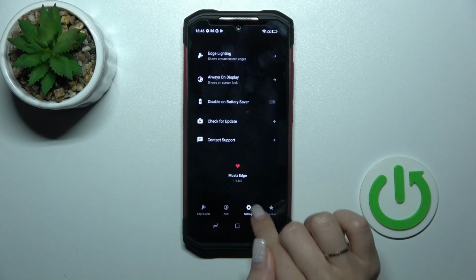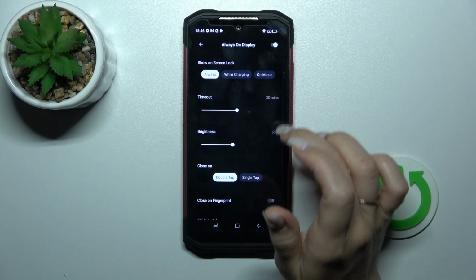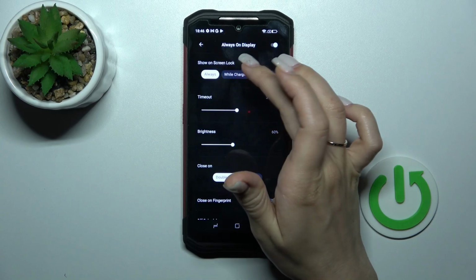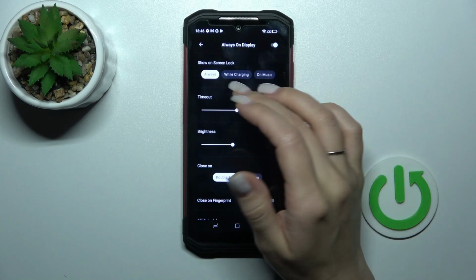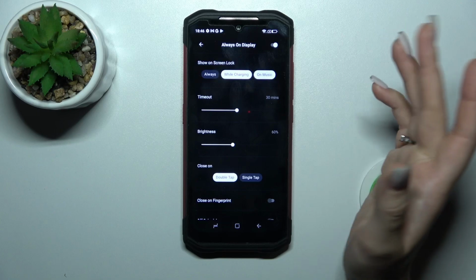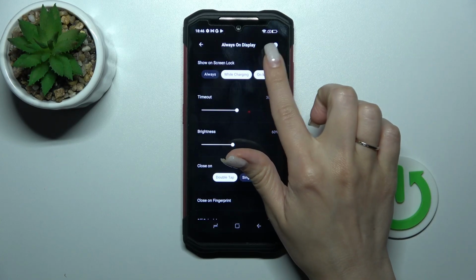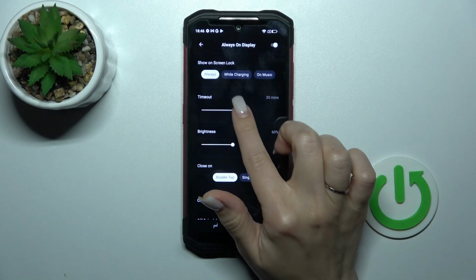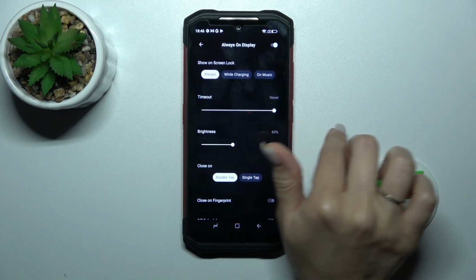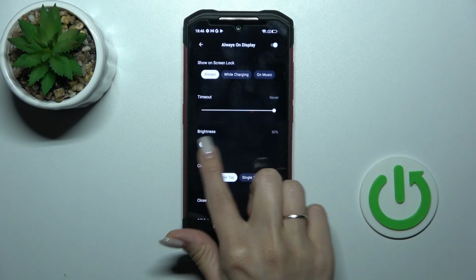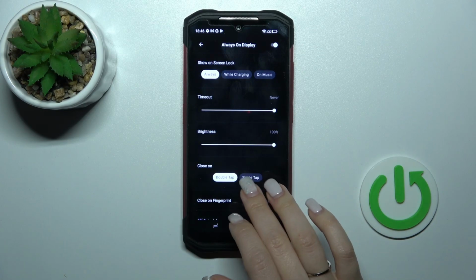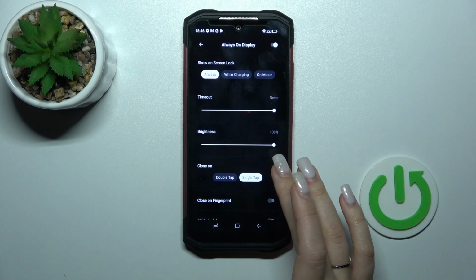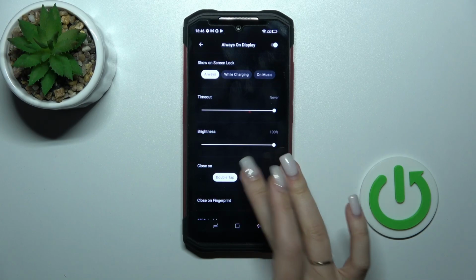also we should switch AD to the settings section, click to the Always On Display, and now we can change here to show AD on lock screen always while it is charging, and when we play the music. Also we can use these two features separately. We can change screen timeout from 1 minute just to never. We can increase or decrease the brightness level, and also we can close AD by double or single tap on